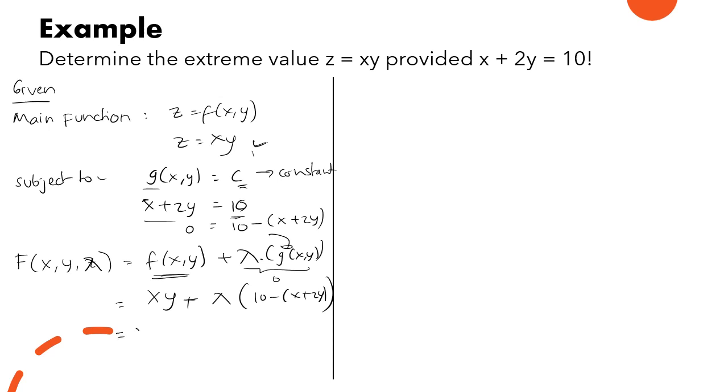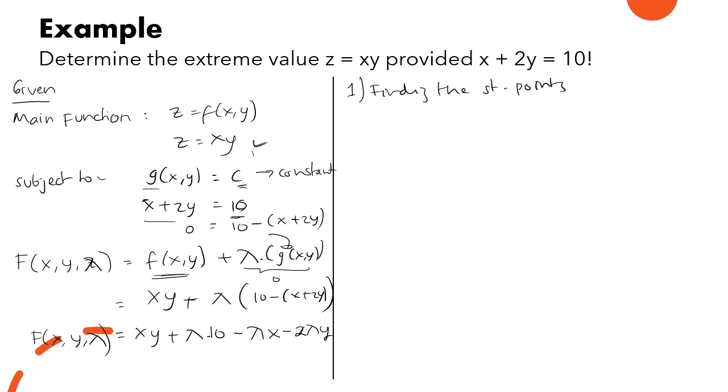Okay, so this is our main function right now. I'll open the brackets: lambda x, be careful with this minus positive sign here, 2 lambda y, right? So this is our main function. And then we apply the rules to find the extreme value. So first of all, by finding the points,